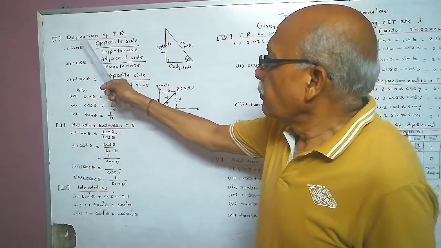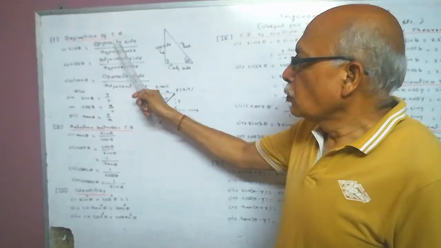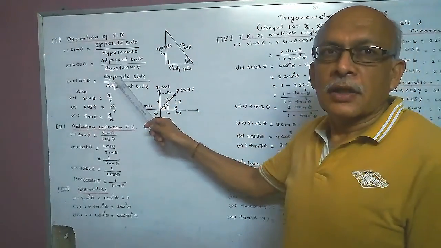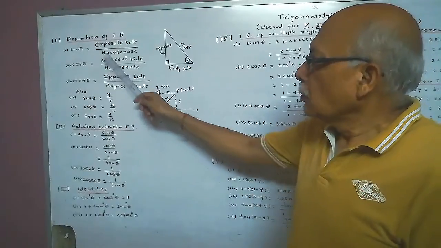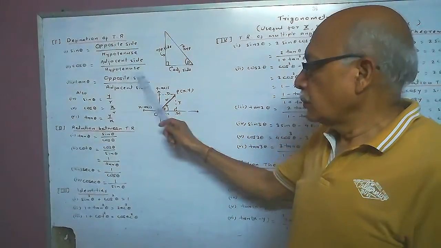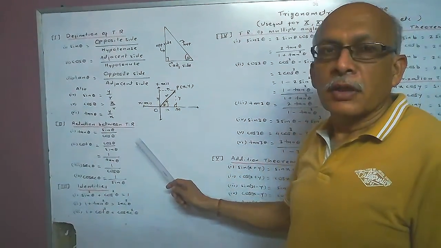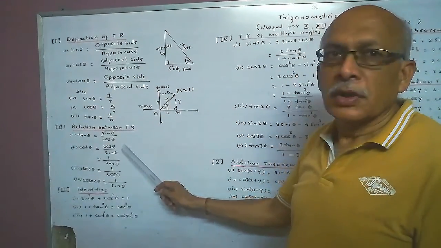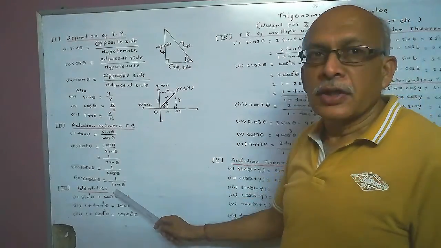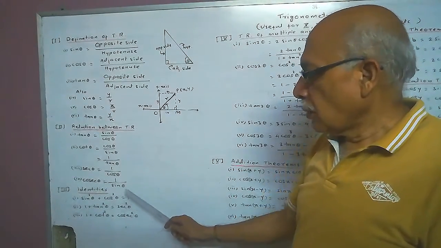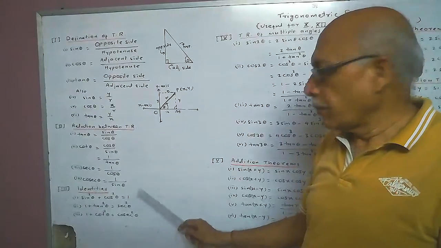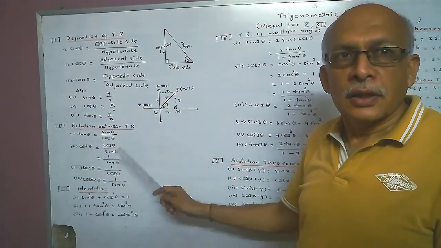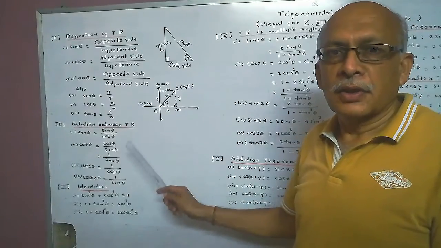First is the definition of trigonometric ratio. Now there are two types of definition of a trigonometric ratio. One is used in the 10th class and another is in the higher class. You can read that and learn it also. Second is the relation between the trigonometric ratios, that is tan theta equal to sin theta upon cos theta and so on. Third is the identities, that is sin square theta plus cos square theta is equal to 1, etc. Now these three formulas are going to be used in the 10th class. Others are useful in the 12th class, engineering and so on.